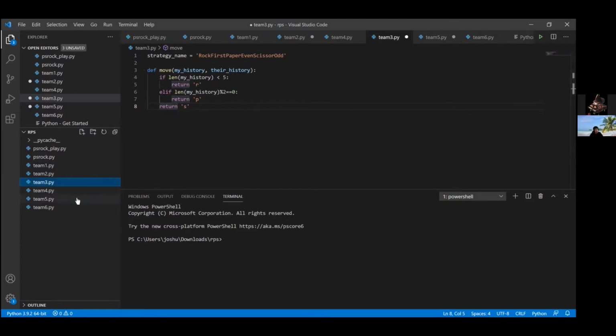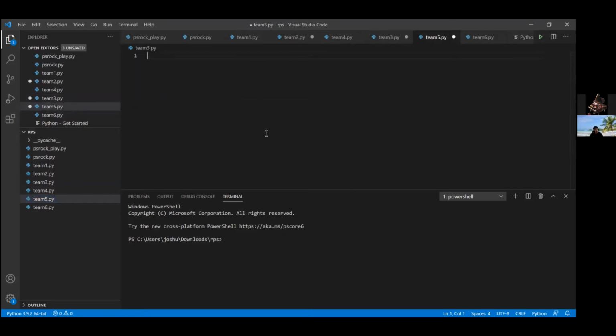Now, if you want to actually check the history, like actually look at what people have thrown, you can start looking at the elements within the array. So for this one, what we're going to do